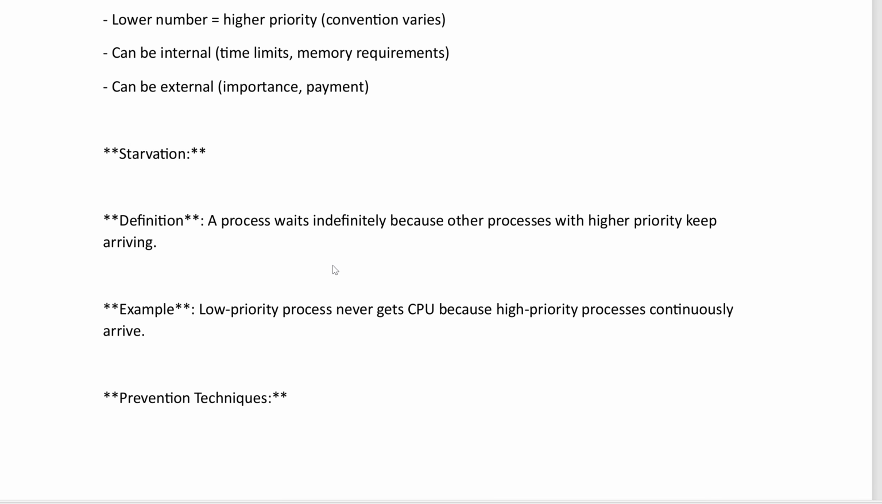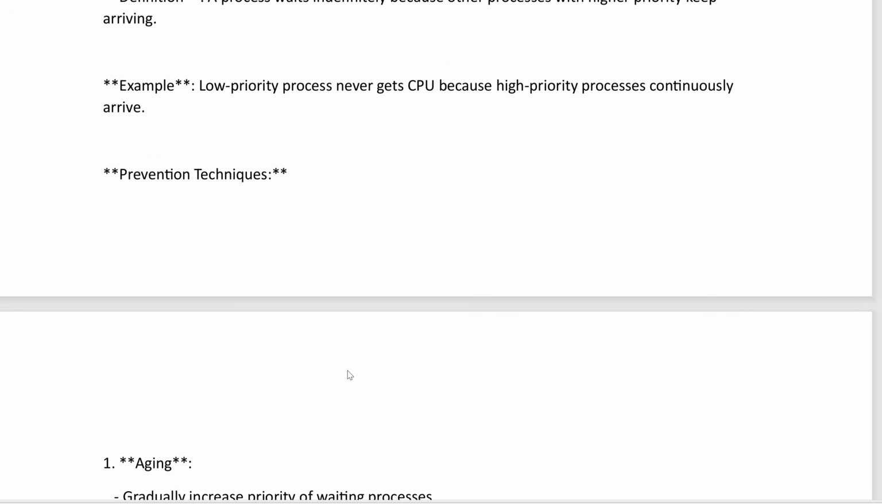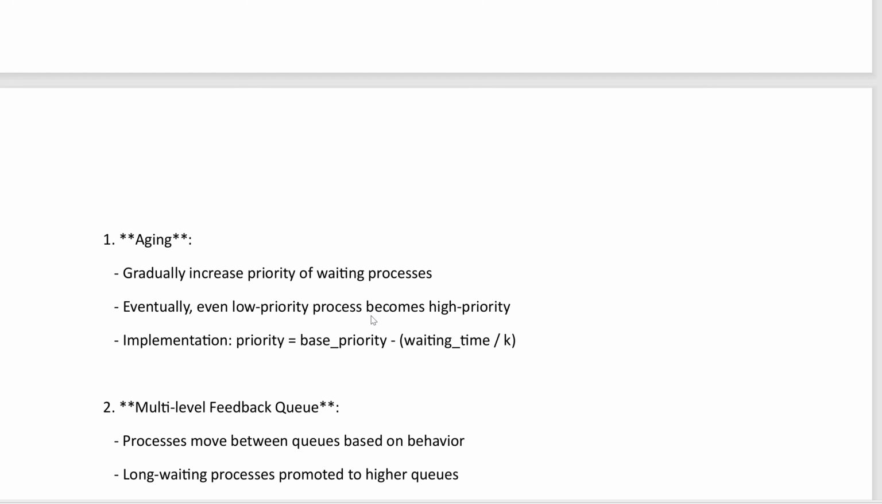Starvation occurs when a process waits indefinitely because other processes with higher priority keep arriving, right? Example: a low priority process never gets CPU because high priority processes continuously arrive. Now, how can we prevent it? First